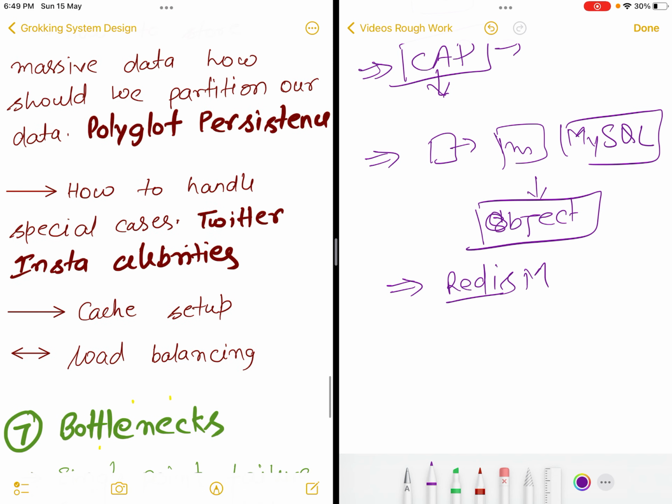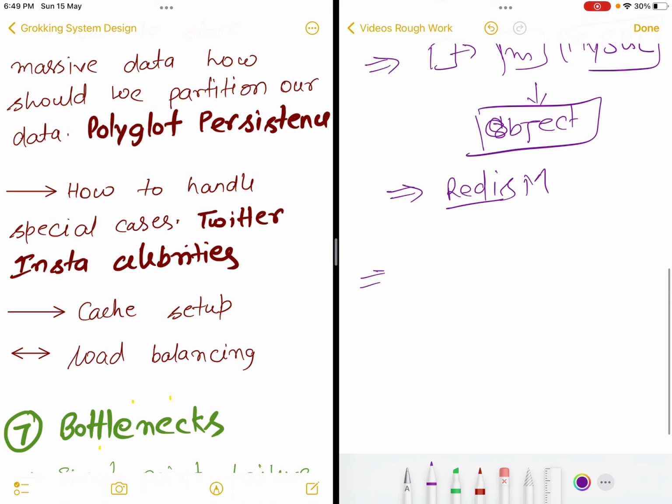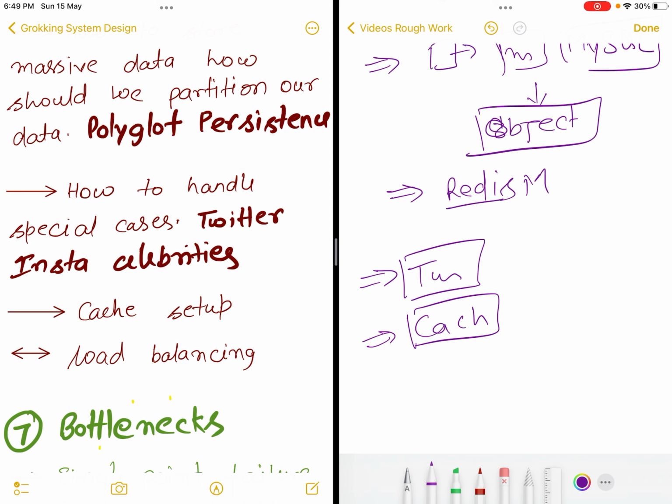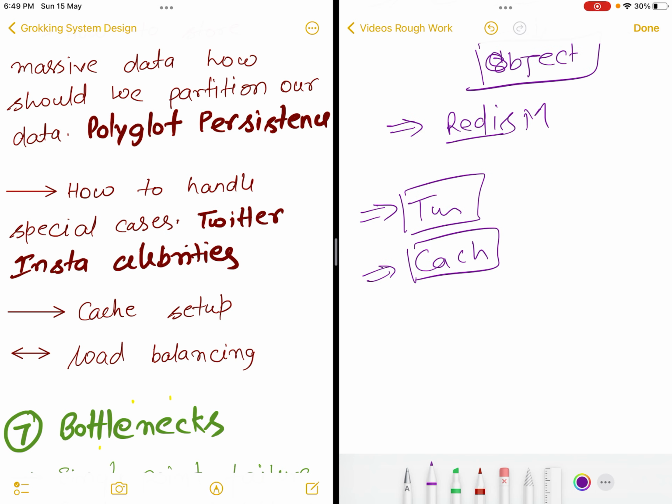And just to give a more detailed example, suppose you are trying to explain Twitter. Then try to explain how you will handle celebrity accounts, as they have a lot of followers and will get a lot of retweets. Then you find out how you will set up a cache layer on top of that to provide readability at very low latency, and how you will do load balancing, you have to explain. So by this you have to go into a detailed design discussion, and this will help you